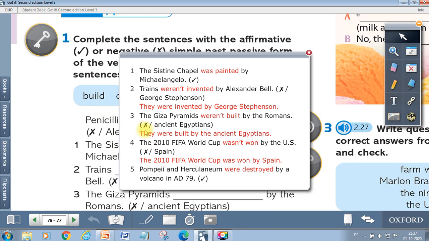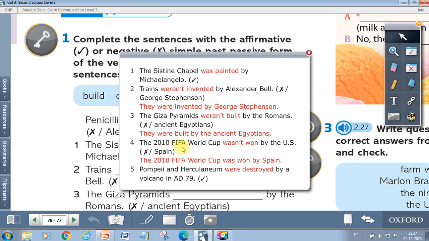Then in number 3, we have the Giza pyramids. And here it is negative. The Giza pyramids weren't built by the Romans. And the correction, they were built by the ancient Egyptians. In number 4, we have